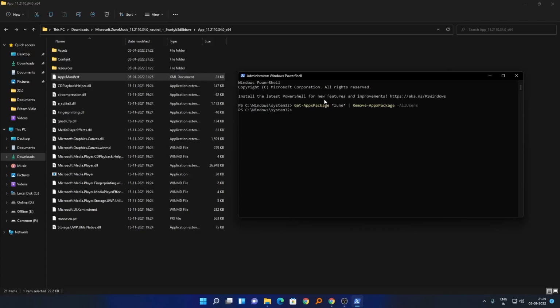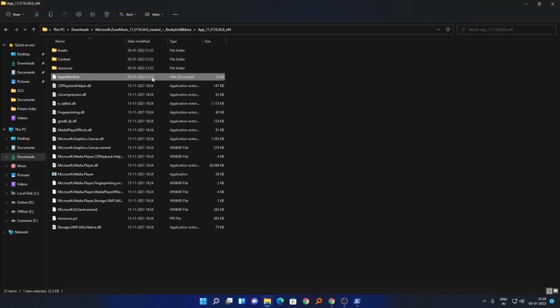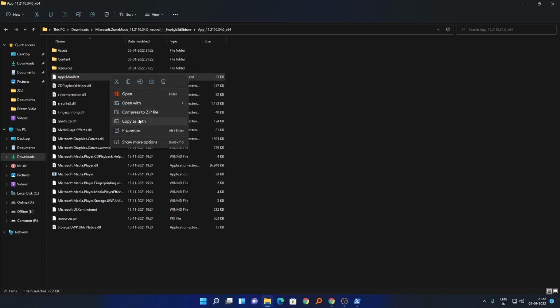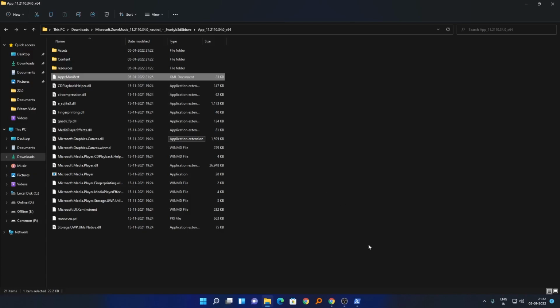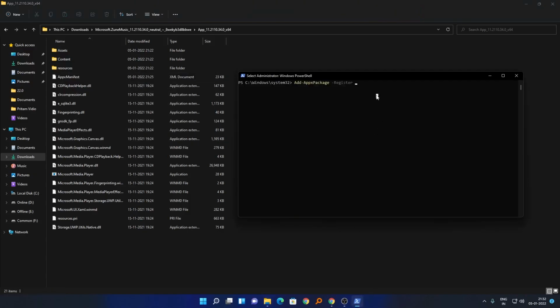Now the last step that is left is to install the package that we have downloaded from the internet. So just paste this command and don't hit enter, because here we need to provide the path. Now we will be providing the path of this manifest. So right click and select this option which says copy as path. And now I will paste this path here by pressing Ctrl and V, and now I will hit enter. And here you can see the deployment was in progress and it has already installed this application.